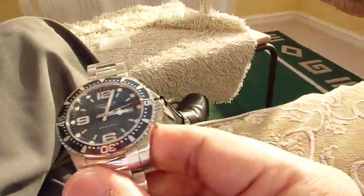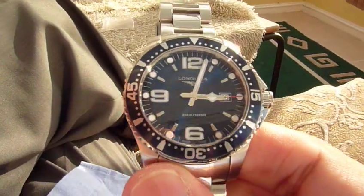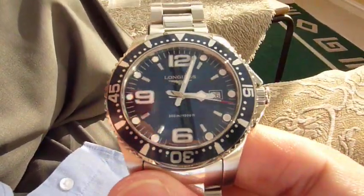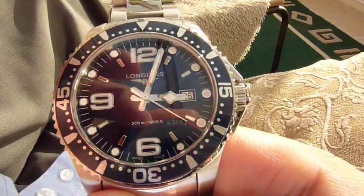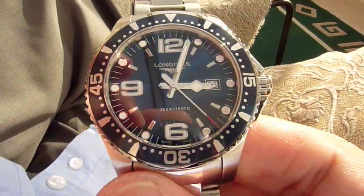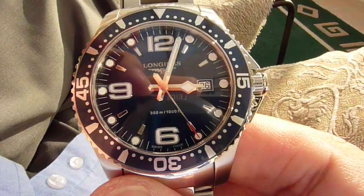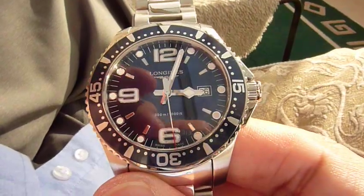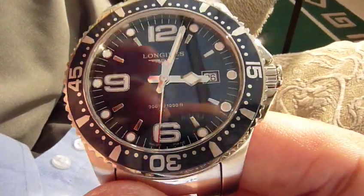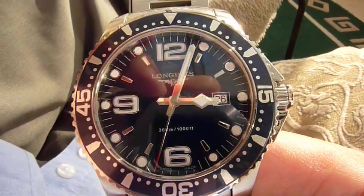Like I said, this is my first review on the Longines Hydroconquest in blue. This is the quartz version. I've gone for that because I tried the auto one and it just didn't sit right on my wrist, never felt comfortable. So I managed to save myself a couple of £100 and purchased this